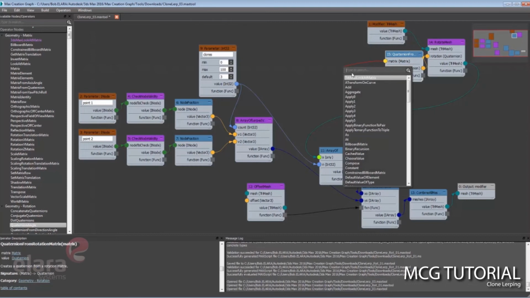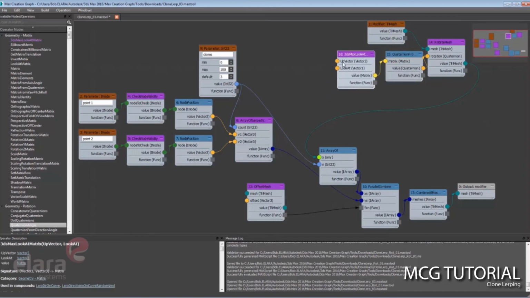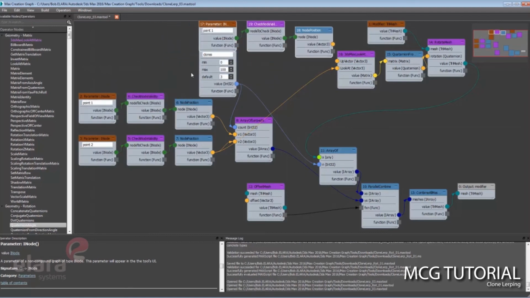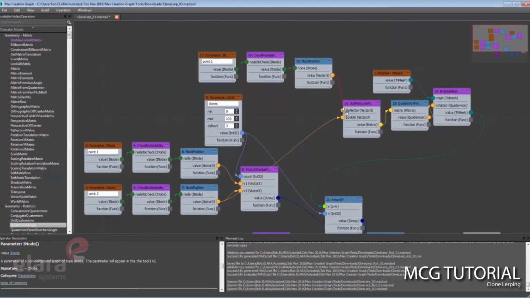Do our little search feature here, and we'll search look at 3ds Max look at matrix. That sounds promising. Okay, so this is looking for an up vector and a look at. For the look at, we could just pick our point number 2, so all the teapots should look at the second point. And for an up vector, let's just make another node for that. I'll grab all these nodes, and if I hold shift, they all come over together. Once again, make a little space for these guys. We'll plug it in here, and instead of calling point 1, we'll just call that up node.